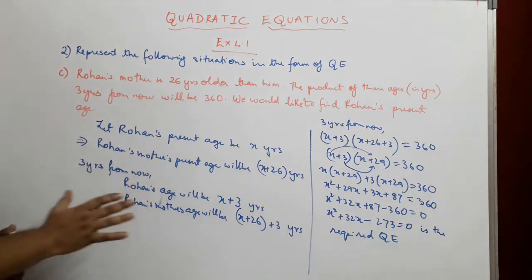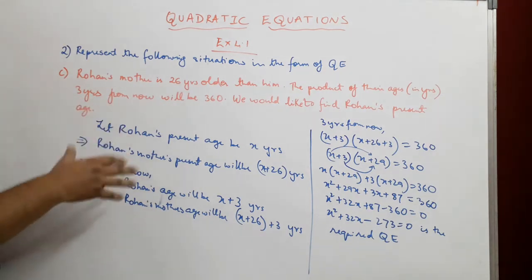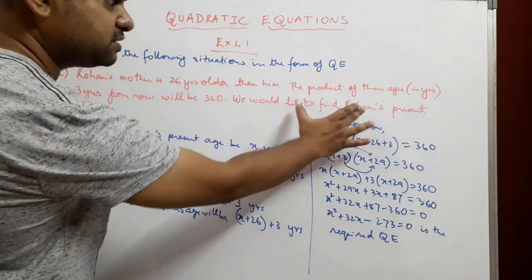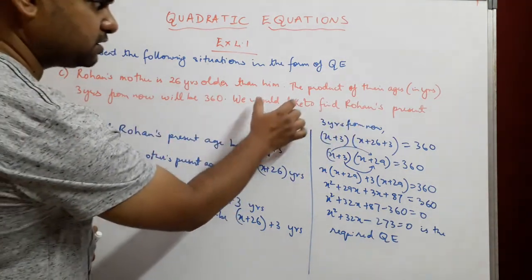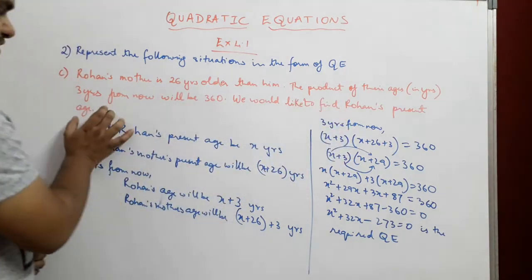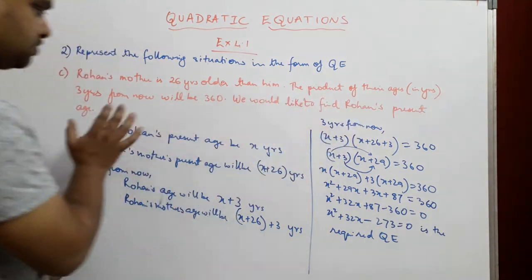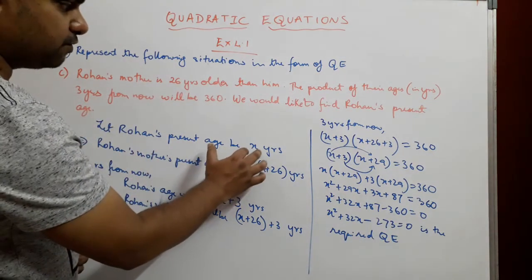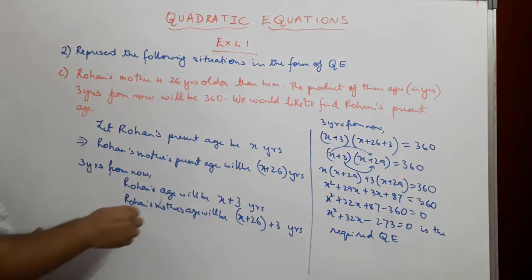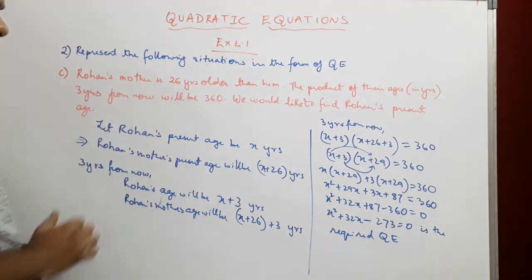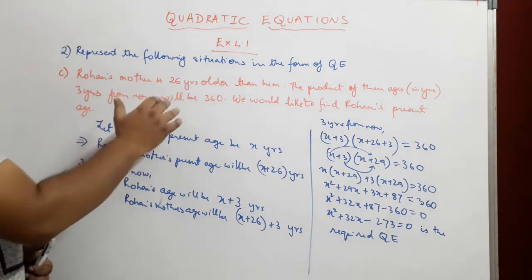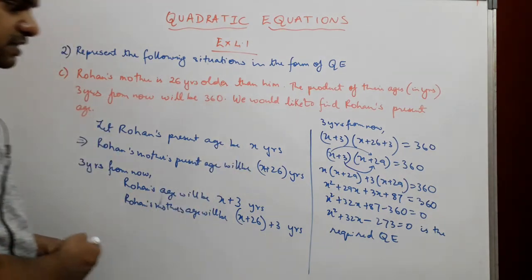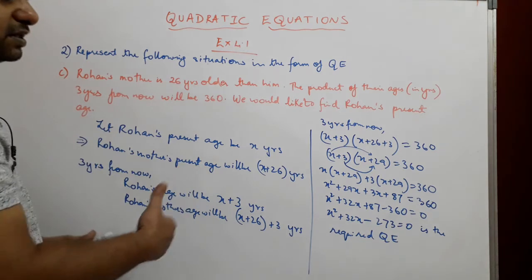Fine. So the important thing that we need to know is, when we assume, first of all, what has got to be x or y or whatever variable we decide to assume, we should see what is asked in the question, the main question. The main question is, we would like to find Rohan's present age. That means Rohan's present age has got to be x. So once we have decided what will be x, next thing is to find what is in relation to the x that we need to assume next, which is Rohan's mother's age. So Rohan's mother's age was given that she is 26 years older than Rohan. So if Rohan is x, Rohan's mother has to be x plus 26.